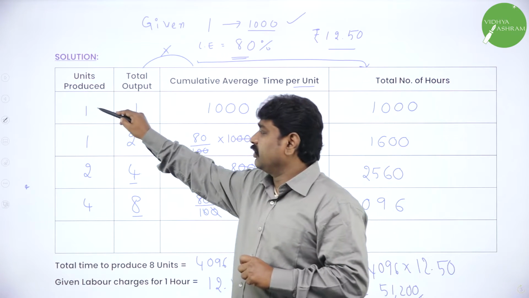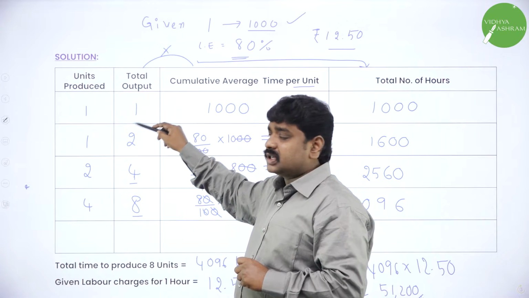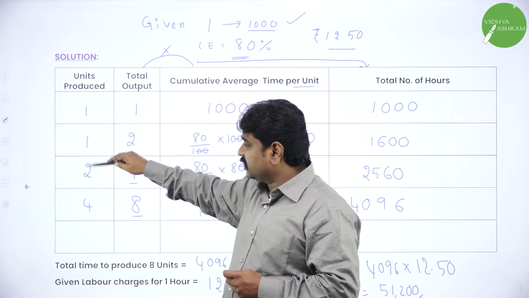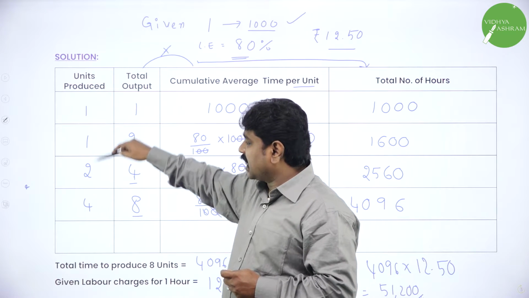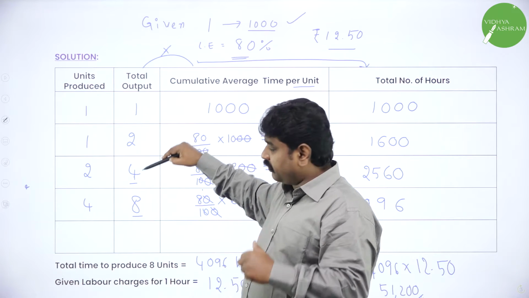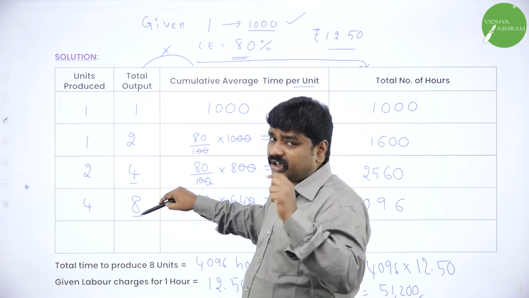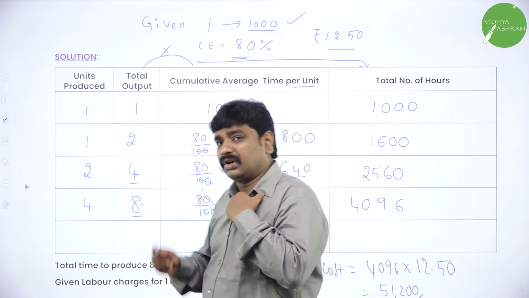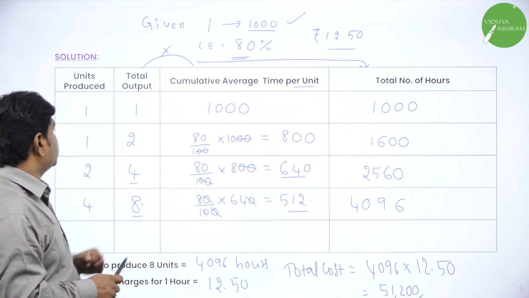First entry 1 unit, output is also 1. Second entry 1 more unit, above what is there, that you should add and write. So below this add these two and write, below this add all and write, and here go on doubling, 1, 2, 2 2s are 4, 4 2s are 8. Stop here because they want 8 units. If they want 16 units, then you go to this. That's it. So now I'll fast forward and I'll solve the same problem.